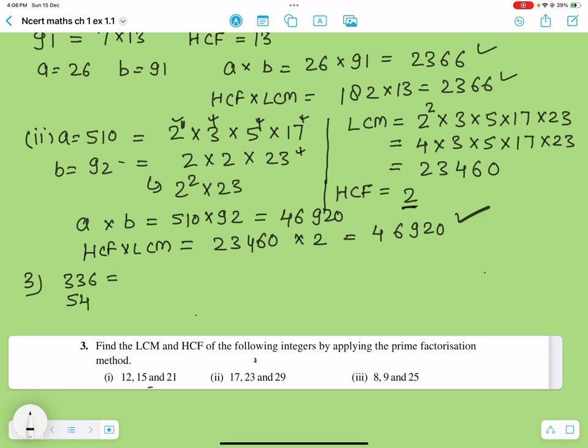336 and 54. So 336, if we take the factors, it will become 4 times 2 multiply 3 times 7, right? And for 54, it will be 2 multiply 3 times 3, right? So nice and easy. If we calculate HCF, we will put down the common prime factor. So the common prime factor here is